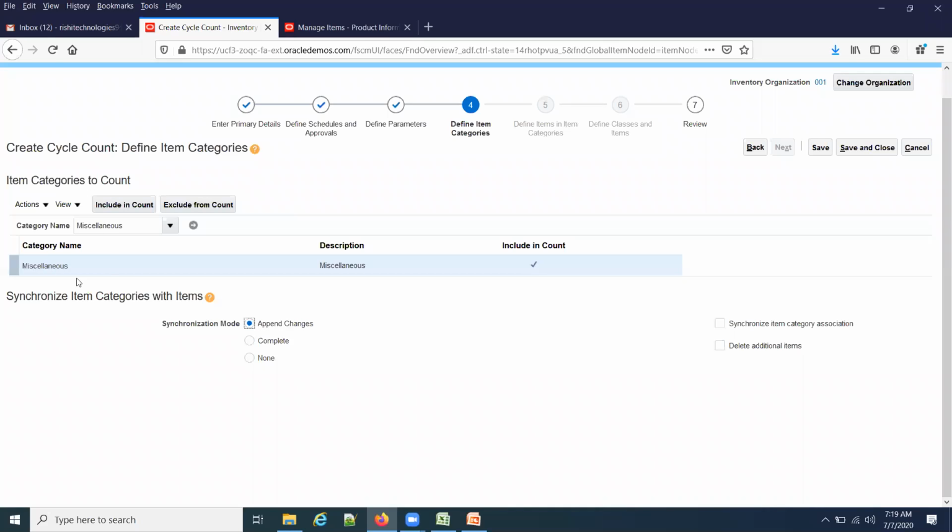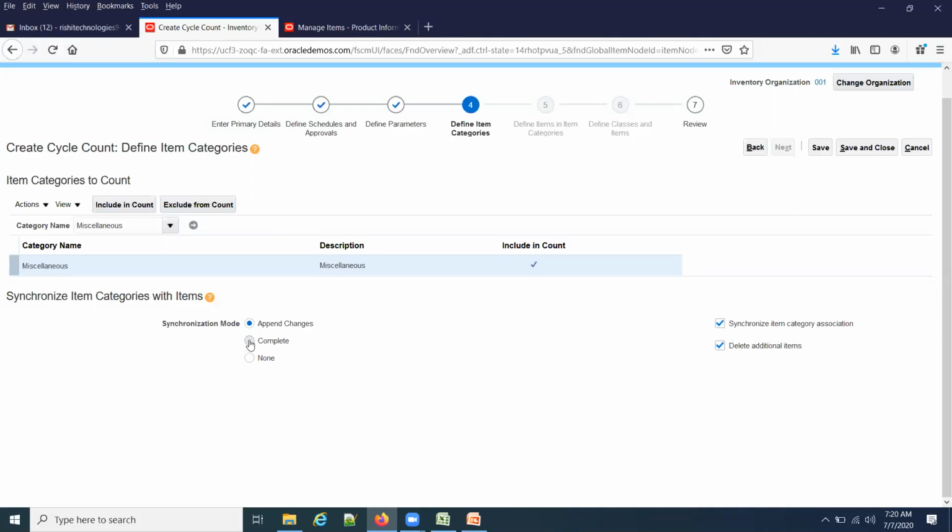So whenever any changes happen to this category, maybe I added one more item to this category, or maybe I removed existing items, if you want to synchronize and delete those items from this cycle counting accordingly based on your changes, you can go with maybe on runtime. Now initially I will upload all the items. Maybe after 1 month, or maybe 6 months, some new items I added to this category, or some of the items I deleted from this category. In that case, I can modify this cycle counting by opening it, and instead of pulling complete, this time I can pull only changes by selecting these two checkboxes.